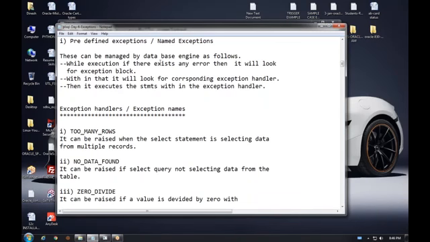In case the error is handled, then instead of the system error message,